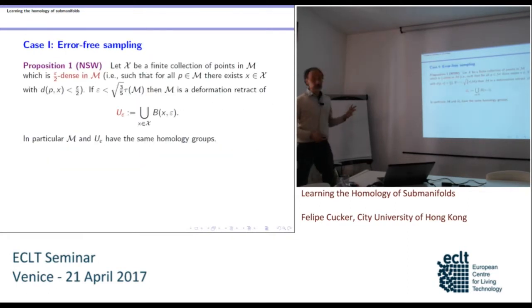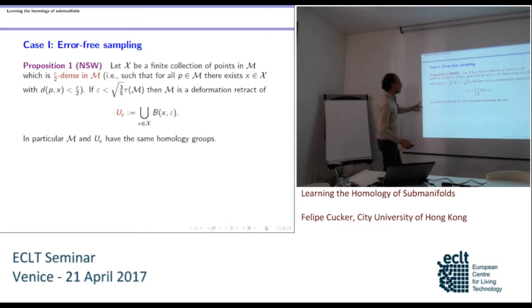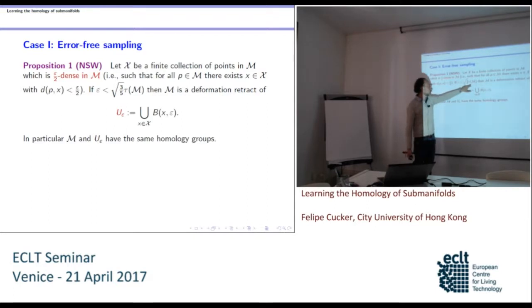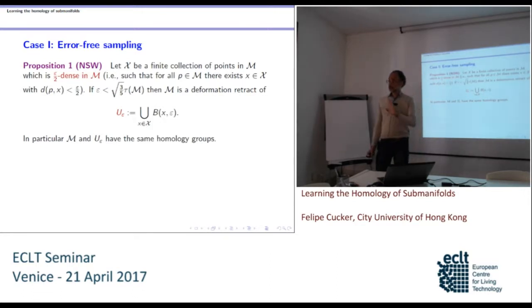So for the time being, the only thing I am saying is the following. If, for this epsilon, which is small enough, my set X is epsilon over 2 dense in M, then I am done, because